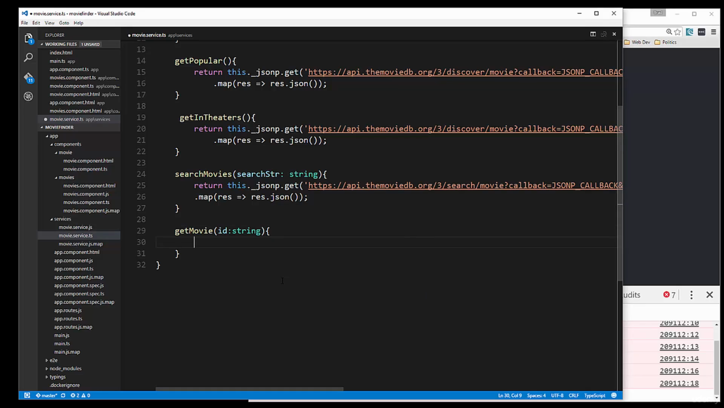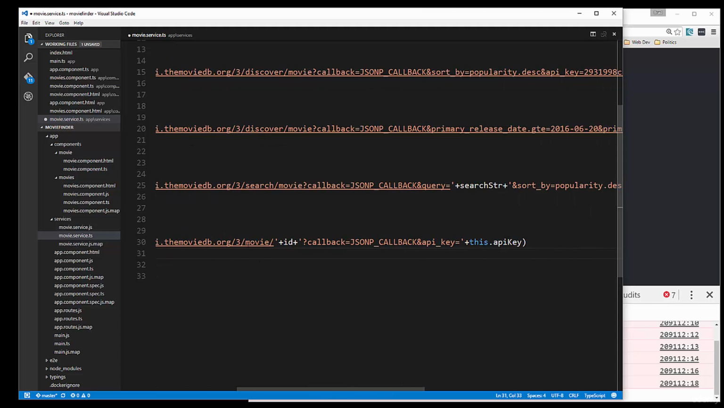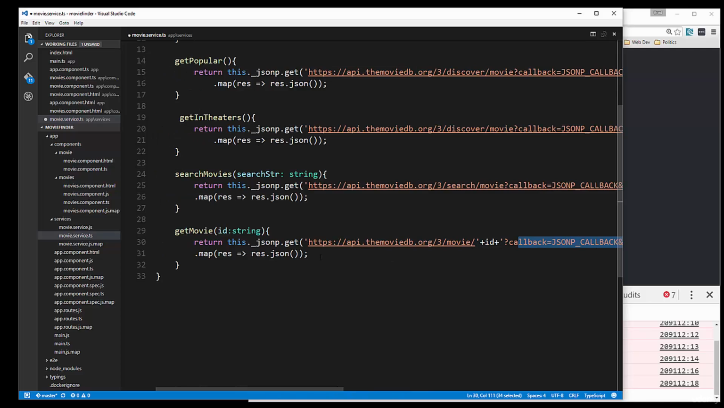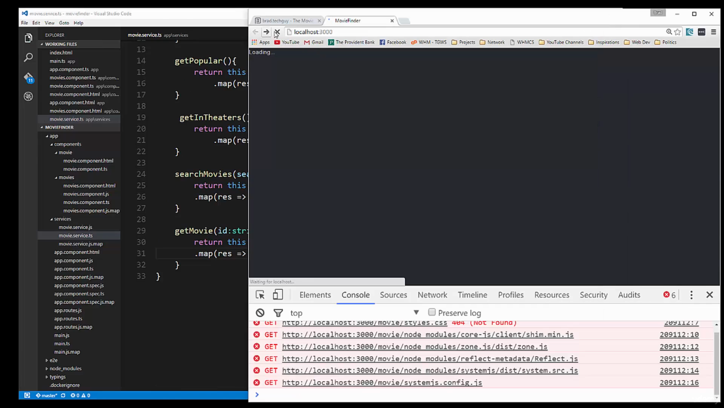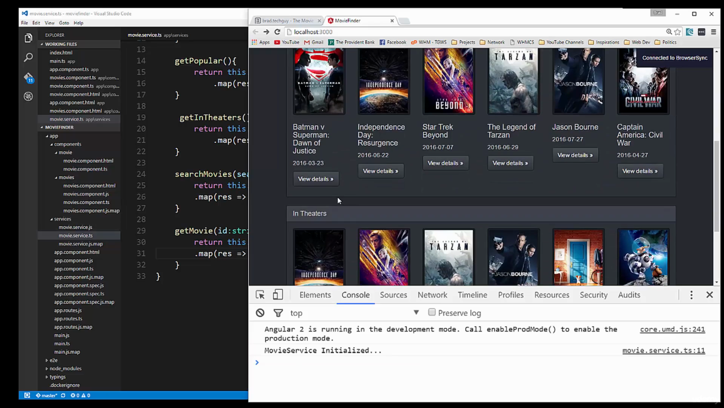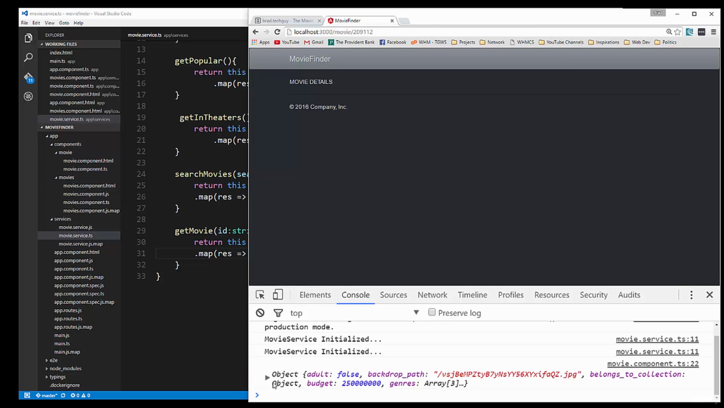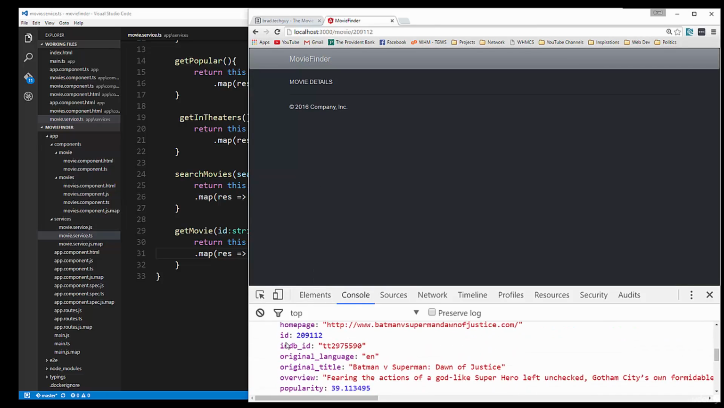Alright, so in here I'm going to paste this in. Okay, so same thing we've been doing. We're using jsonp.get. We have the URL here, and we're going to go movie/ and then the ID that we bring in, and that's it. Then just the callback and the API key. Alright, so let's go ahead and save that. And now we'll go back to localhost 3000 and reload. Let's click on one of these movies, and now you can see down here we have an object,